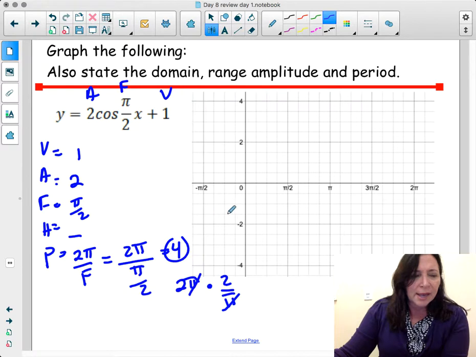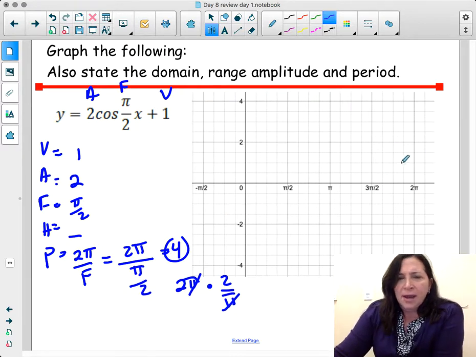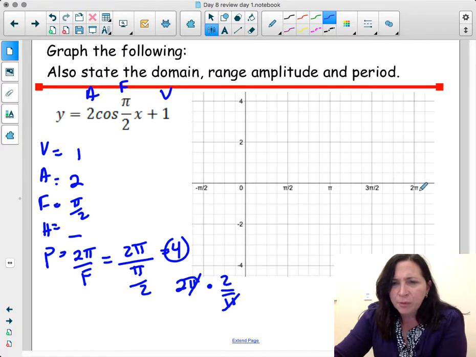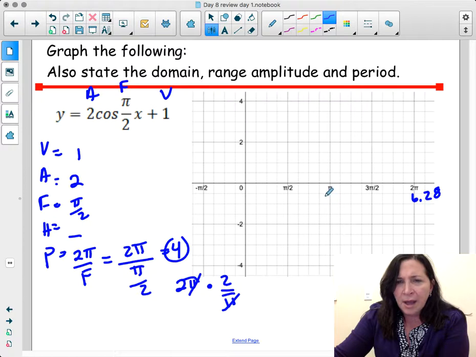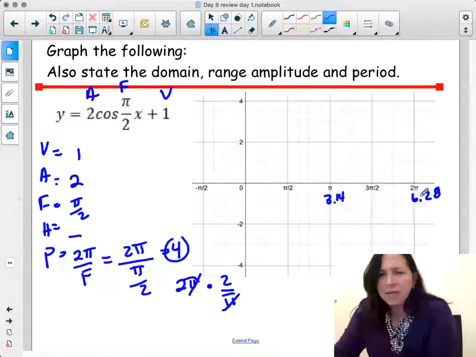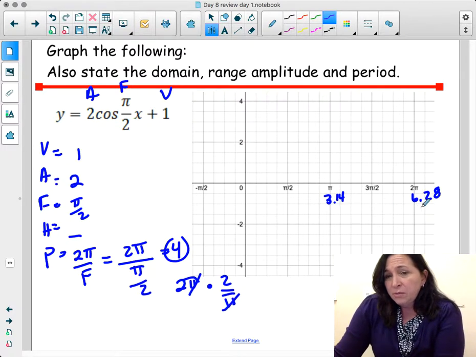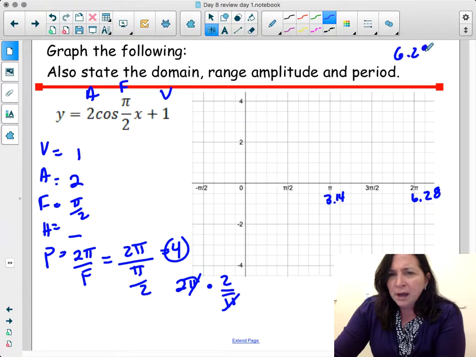Now, if you're looking at this equation here, where's 4? Well, we can figure that out, because technically 2 pi is 6.28, right? Pi is approximately 3.14. And so 4 is going to be in between here and here, right? So it's going to be around here, because what would be my average? 6.28 plus 3.14,